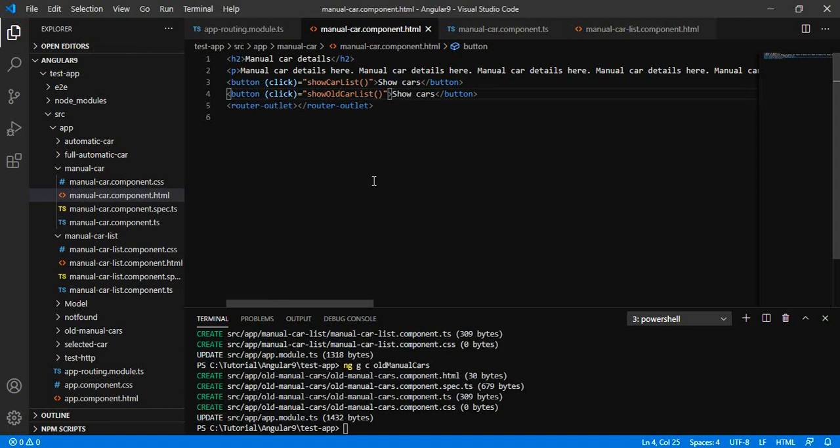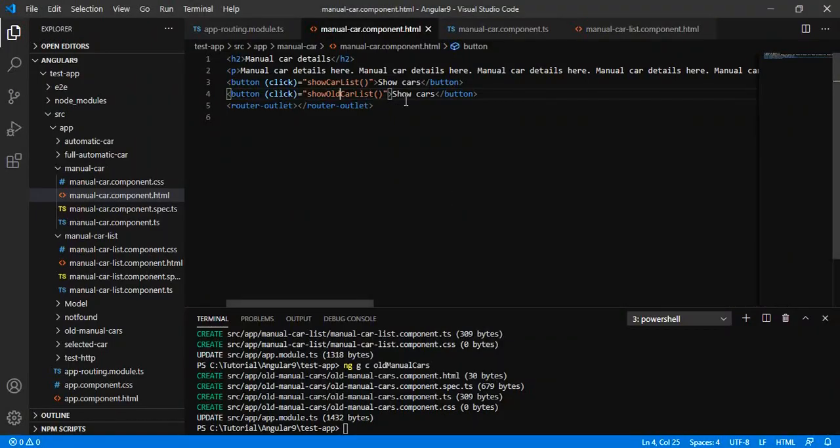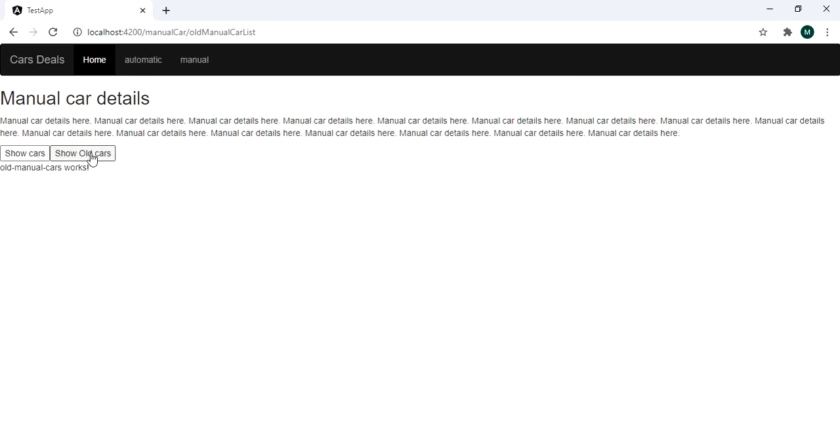Let us run. Let me say it is show old cars. So when I click here, it is opening the view.